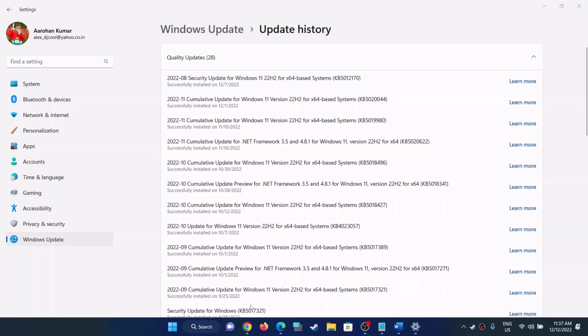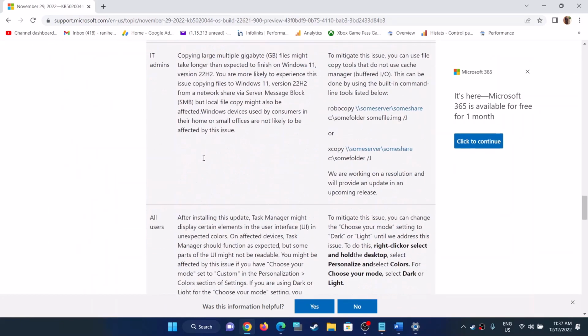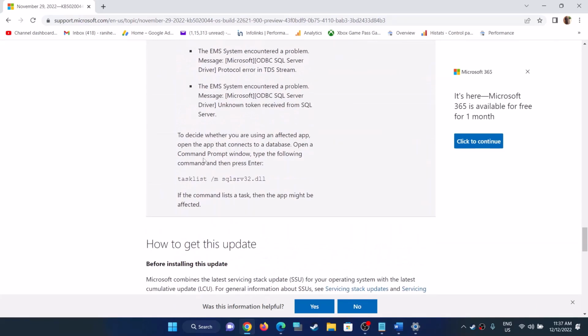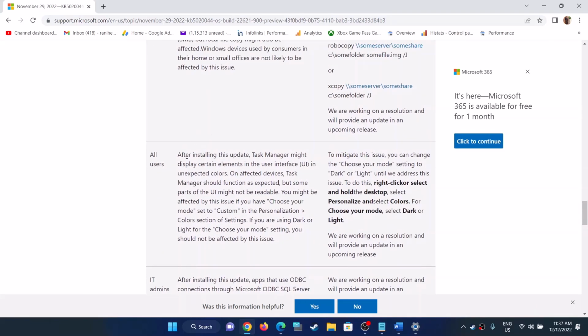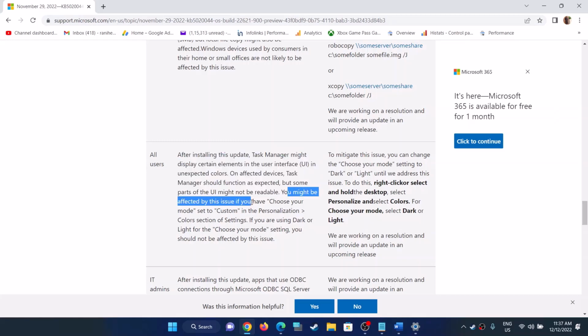So if I go to Microsoft website, over here you can see KB50200044. This update, if you scroll down, over here you can see after installing this update, Task Manager might display certain elements in user interface in unexpected color. On affected devices, Task Manager should function as expected, but some parts of the UI might not be readable. You might be affected by this issue if you have choose your mode set to custom in personalization color section